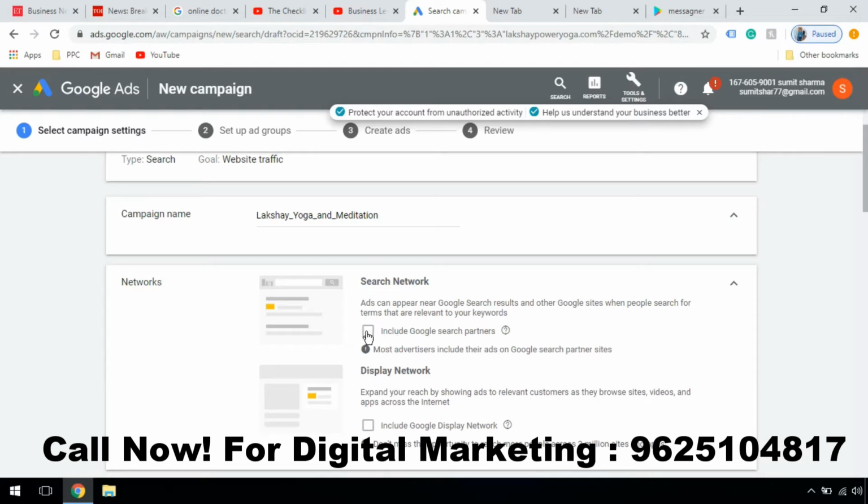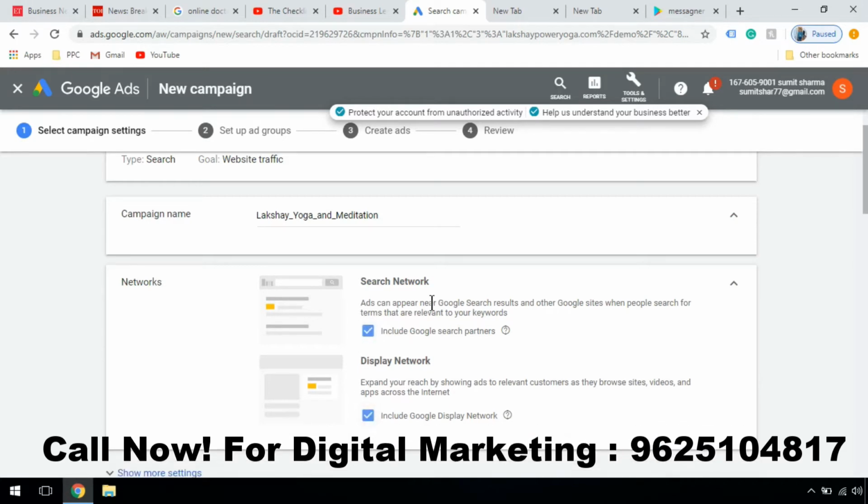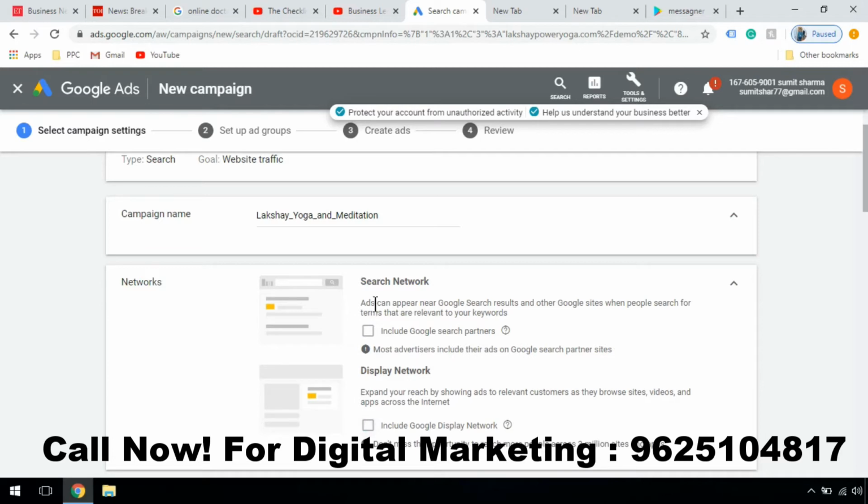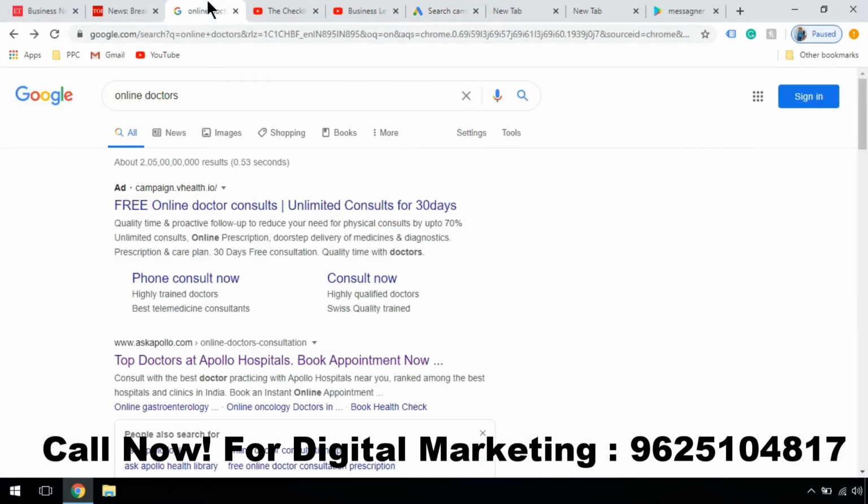By default these options will be selected whenever you create a campaign, so you have to deselect them. You have to remove these checks so that you can only show your ads on the search network. And when we talk about search network, we will discuss where the ad will show on the search network.